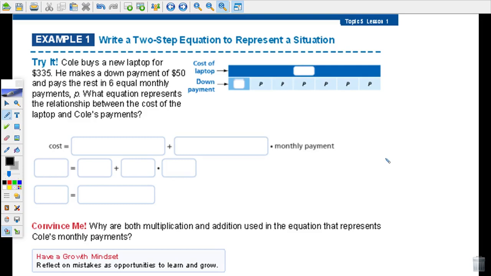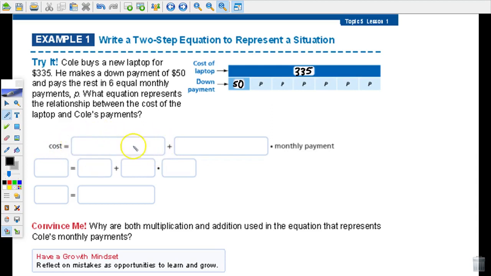All right, let's just read. We read it. We're going to comprehend it. We've got everything, okay? So the cost of the laptop, Cole buys a new laptop for $335. Boom, right there. 335. Doesn't get easier than that, okay? Down payment. He makes a down payment of $50. Boom. Easy peasy. So the cost equals